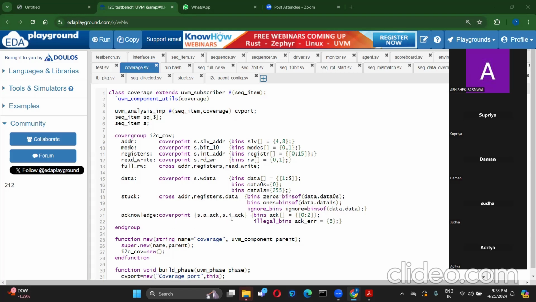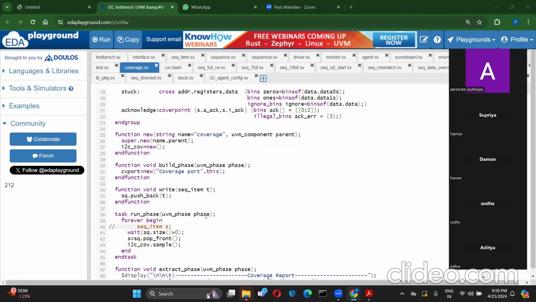And then we have this illegal bins. You can see there can be some scenarios where you are trying to check the error, right? So for acknowledgement error, there could be some decoding. 0 means normal response, 1 means okay response, 2 means slave error response, like that. So in that case, whenever acknowledgement error has hit the third bin, it means it's an error bin, so you can write an illegal bin. Through that, you can quickly understand that there is some response which has been corrupted, that's why we are getting error response. That way also you can use this illegal coverage.